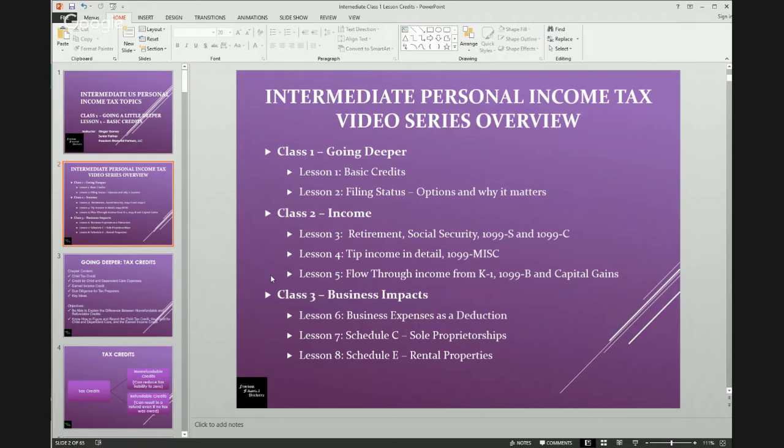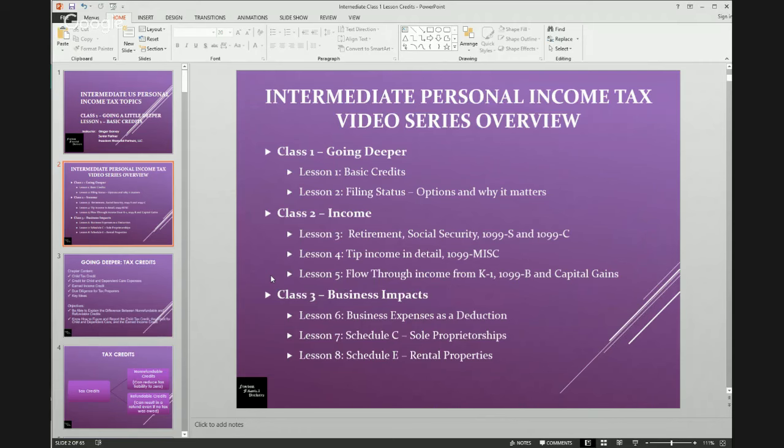on retirement, Social Security, the 1099-Ss and 1099-Cs, as well as a lesson specifically on tip income and 1099 miscellaneous. We'll also cover in a separate lesson flow-through income from K-1s, as well as talk about capital gains and brokerage statements. Then the last session of the intermediate series will be working through business impacts, and there we'll be talking